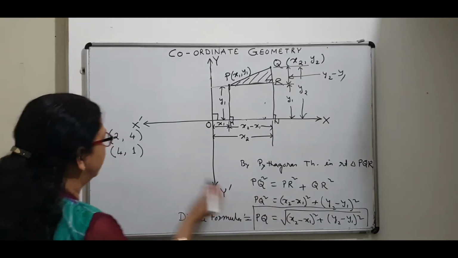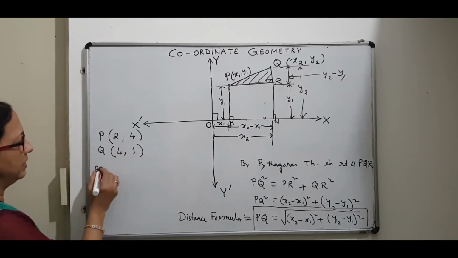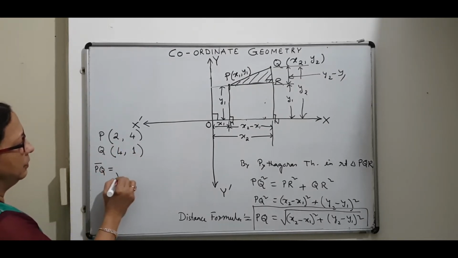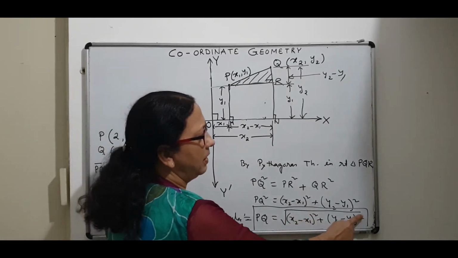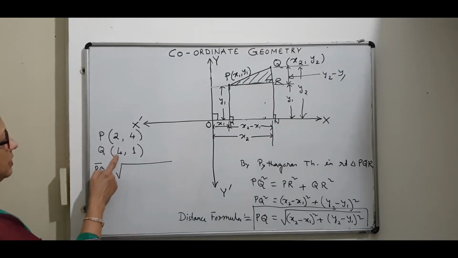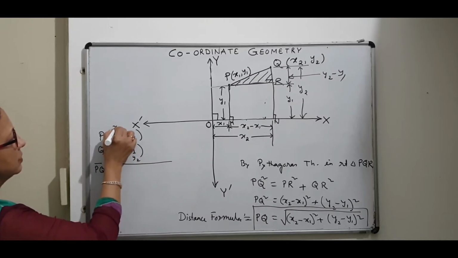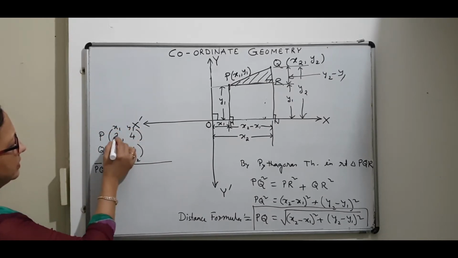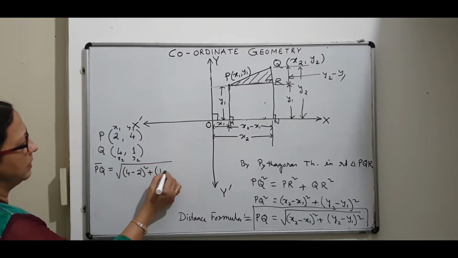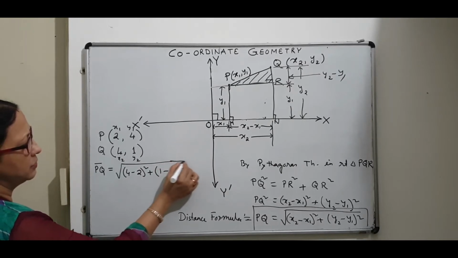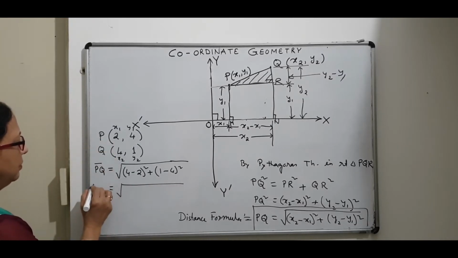So then with the help of this distance formula, we very easily can find out the distance between P and Q, or the segment PQ, which will be the difference of the abscissa whole square plus the difference of the ordinate whole square. So here let me take 4 minus 2. This is your x2, and this is y2, and this is x1 and this is y1. So x2 minus x1 will be 4 minus 2 whole square plus y2, which is 1 minus 4, whole square. I can just put the values in the formula. So in this way we can find out the distance between the points P and Q, or PQ.